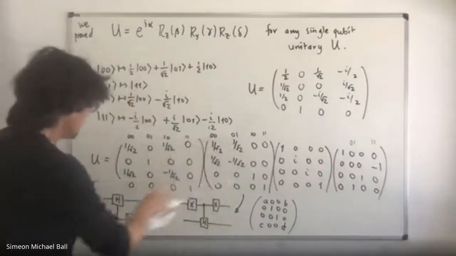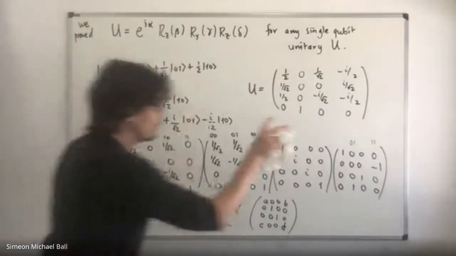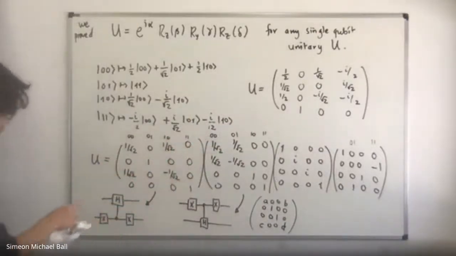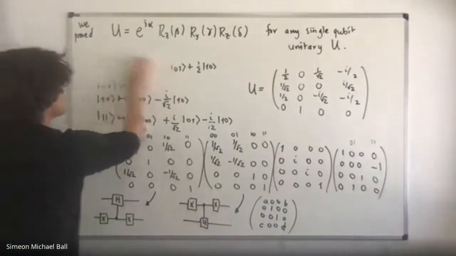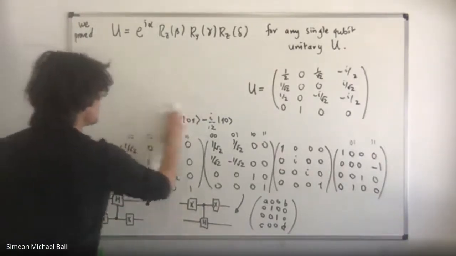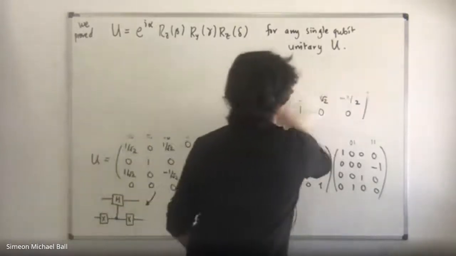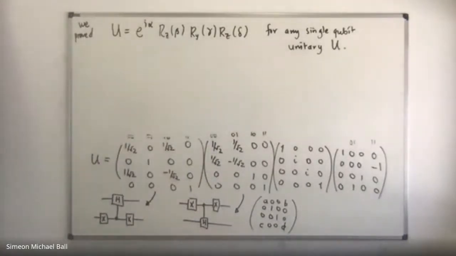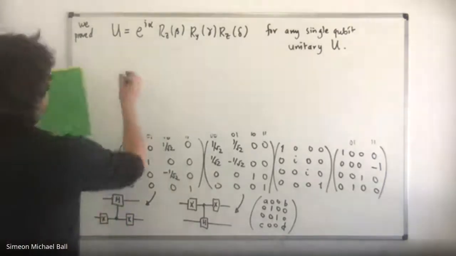But anyway, we more or less see how to break down these four two-level systems into a control U and some X's, and the U's we can further decompose into, in this case,